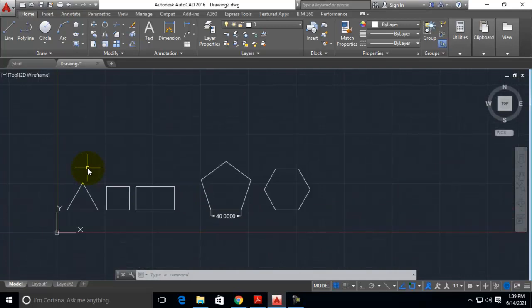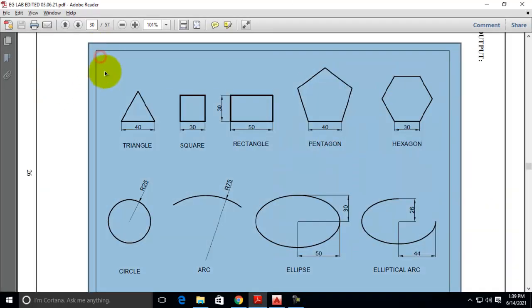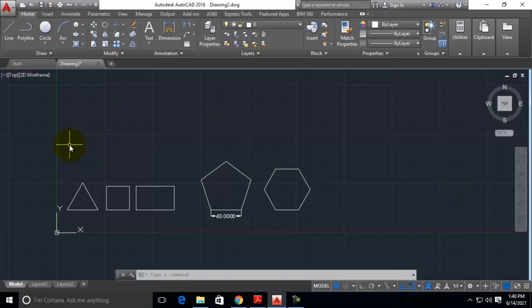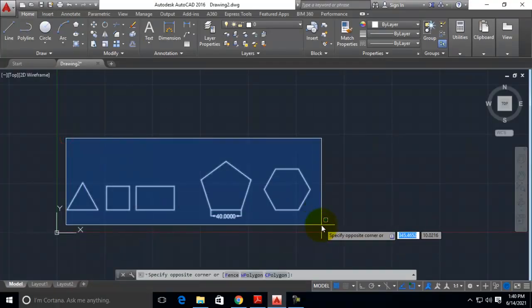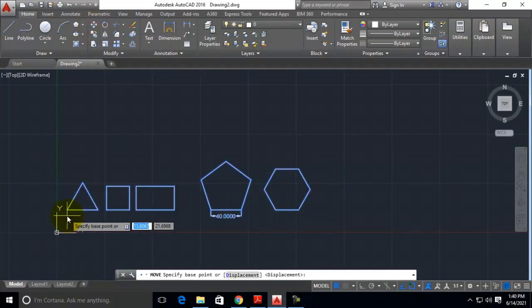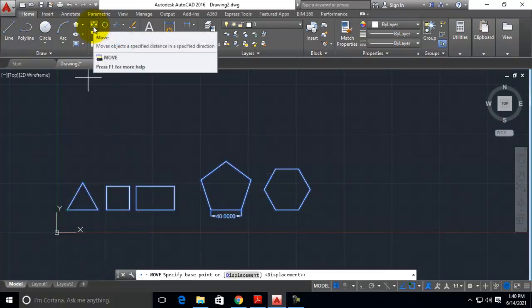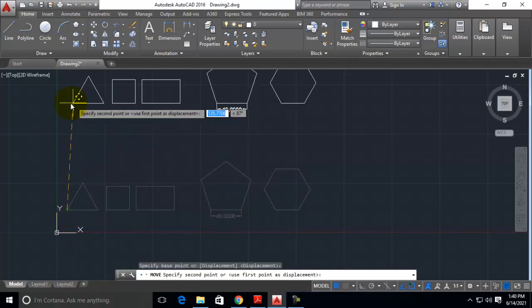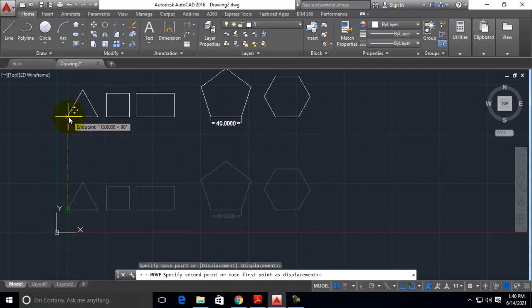With this we have completed the top row, that is, these components we have drawn. We can simply move them. Select everything that we have drawn so far. Move it by using the move command over here, then click and move it accordingly in such a way that it is positioned, giving some space below it.